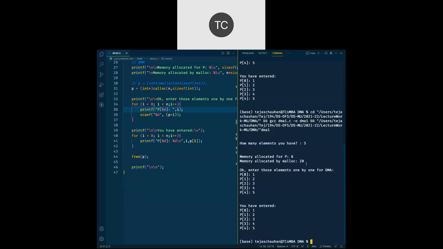And now let's very quickly have a look at realloc. Earlier I had given that I have 5 elements. I get those elements, I print those elements, and before I make that memory free, let us ask the user how many new elements you have.